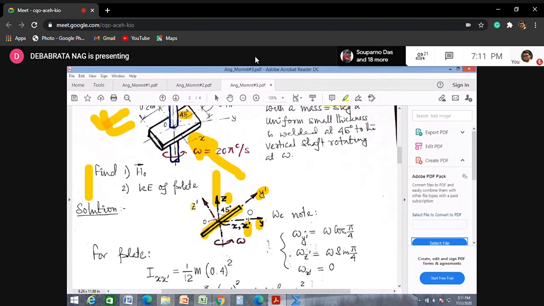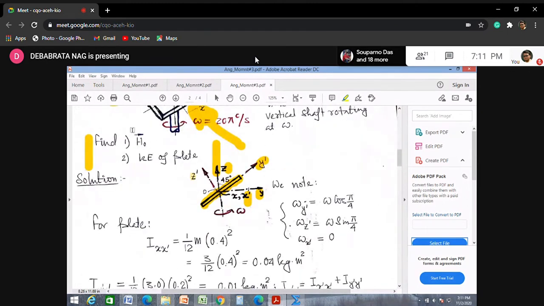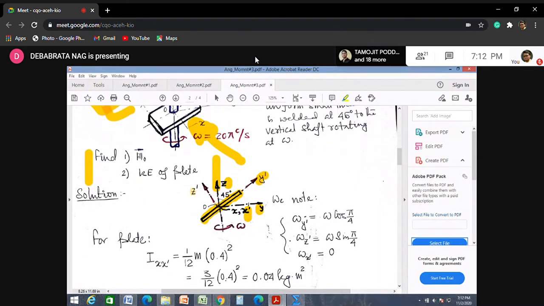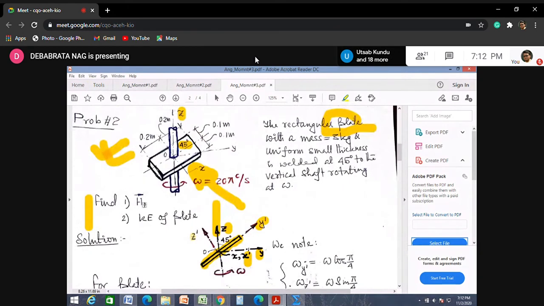So what we therefore need to do is, since we have been told to find out the angular momentum vector, it is imperative that you express your answer in terms of the given axes. So please note, our given axes are small x, small y and small z, not x dash, y dash and z dash, right? These are your given axes. So what you need to find out is the angular momentum vector about these three sets of axes.